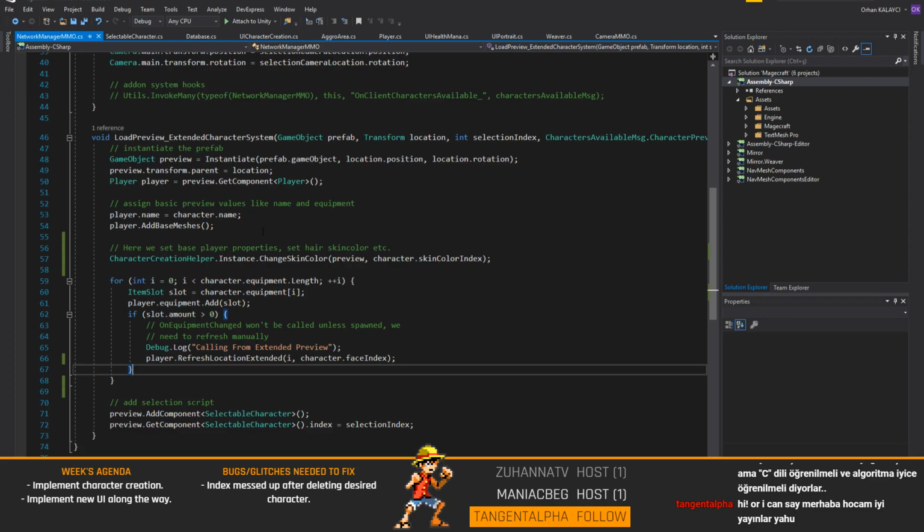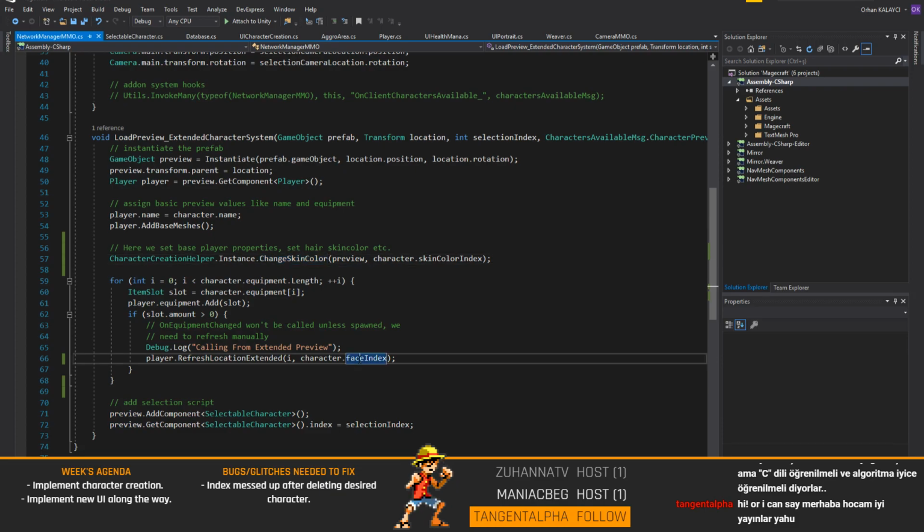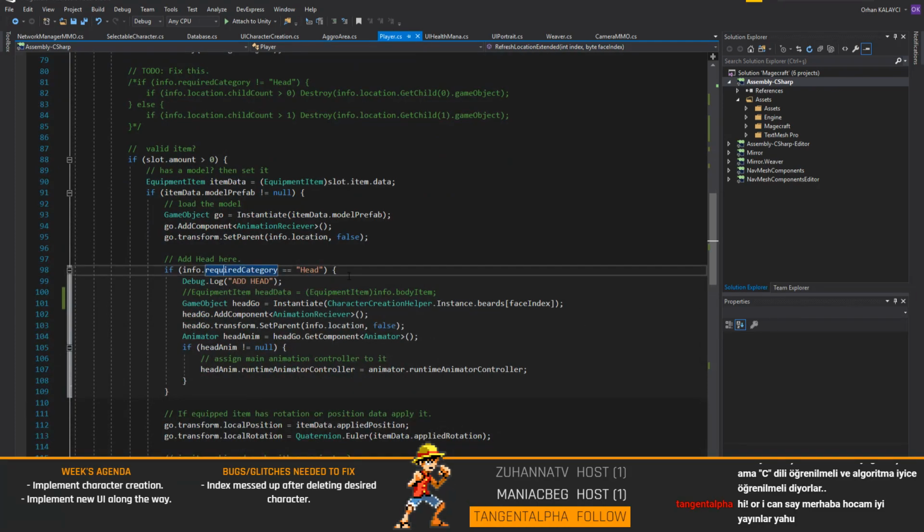Alright, prefabs, game object. We are instantiating the preview. Setting names, etc. Alright, skin color is working, but I need face index as well. Right, so if it's the head,